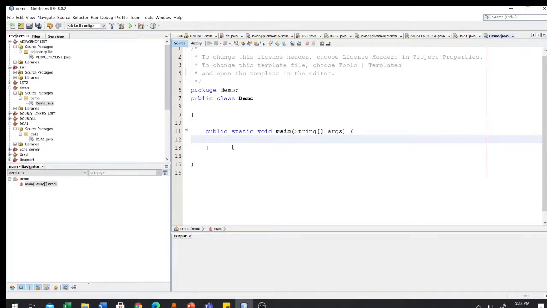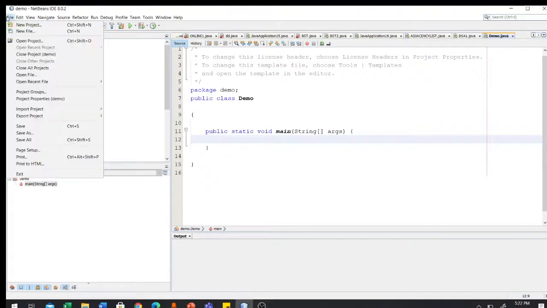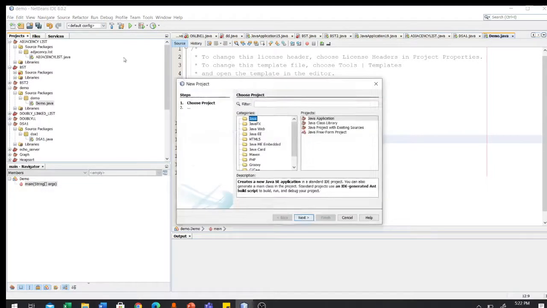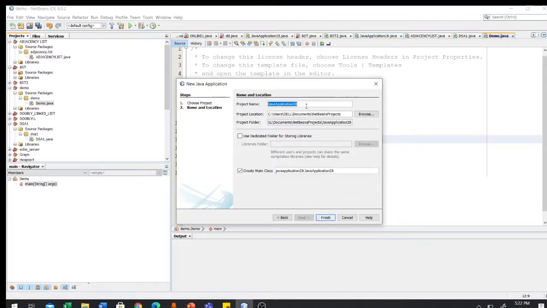Now I'm creating a class here. I already created a class, for example the demo class, but now I'm creating it again. First of all, you have to go to New Project, then click on Java Application. You can write any name for your class, like here the class name is oop.